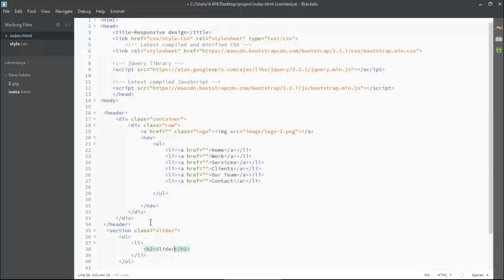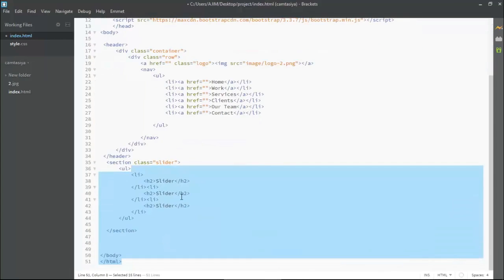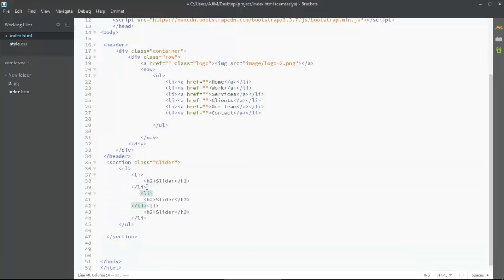Now we need two more, because I want to create 3 slides in a header. So I have created one here, and now we have 2 more remaining. So I'm duplicating it 2 more times. Now let me indent it beautifully. After indenting, I'll show you how it is coming in the browser. Okay, thereafter we'll put in some jQuery plugin and JavaScript.